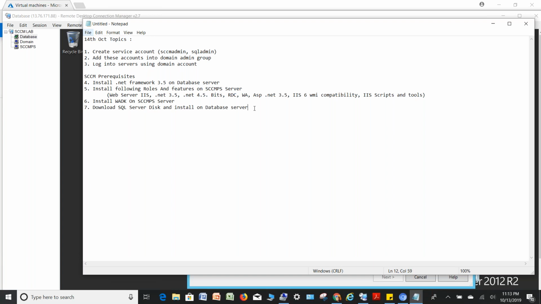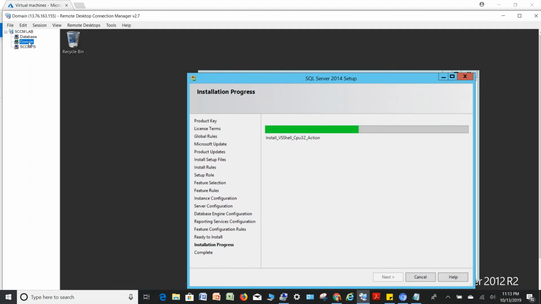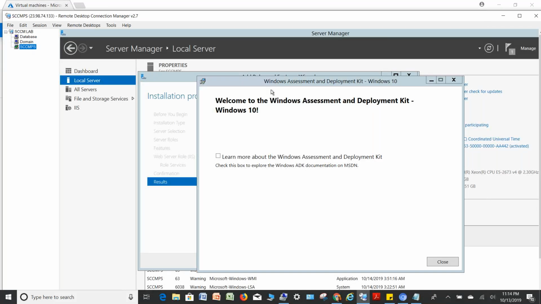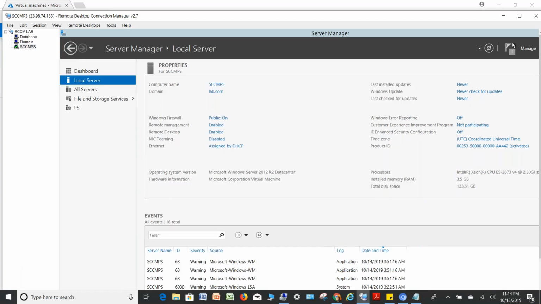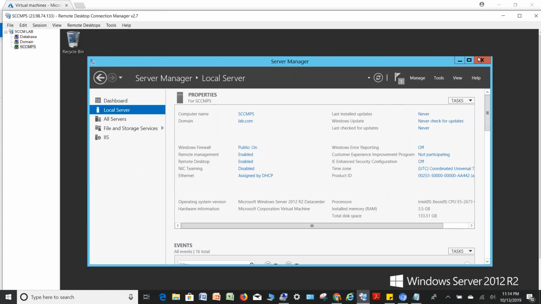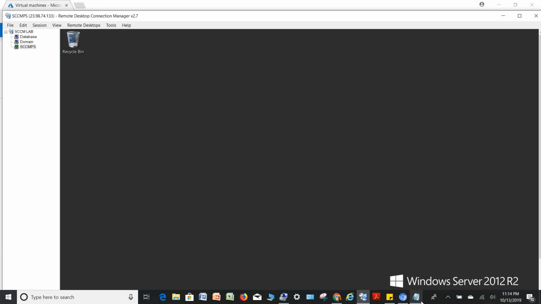Now point number 8 is configure firewall. So we need to have group policy in place. I'm getting background noise. Okay, so we have to have firewall. Let me just close this. Okay, so point number 8 is